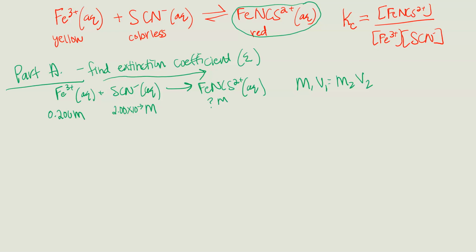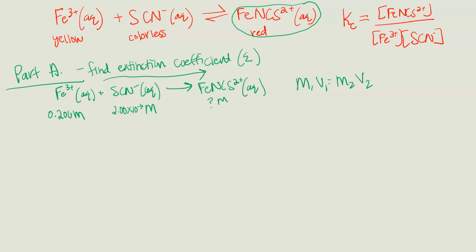So if we look at the data table for part A, the first row is the volume of the sodium thiocyanate. So just like previous labs, I cannot get a beaker of SCN minus. We need to have a cation, a positive charge, to cancel that out. So sodium is the spectator ion. Sodium's not part of this reaction. That's why it's listed in the reagent, but it's not listed in the equation, because it was canceled out as a spectator ion. So first you're going to record the volume of the sodium thiocyanate, which comes straight from